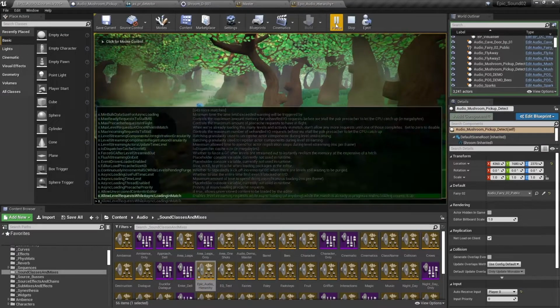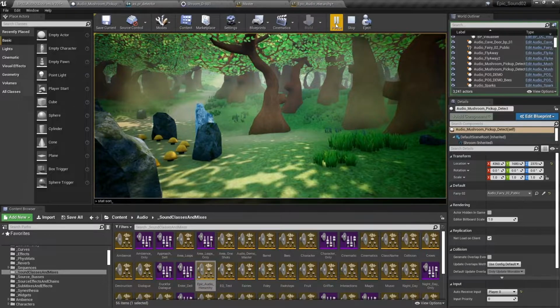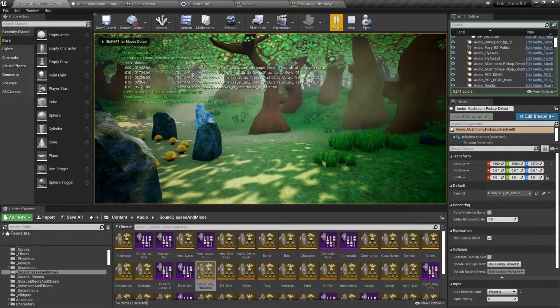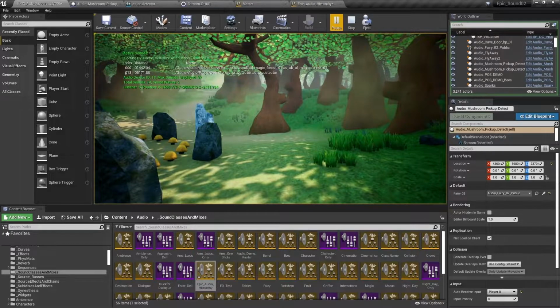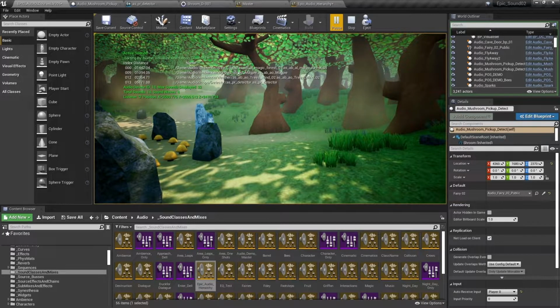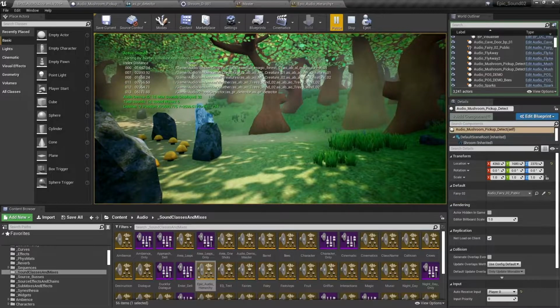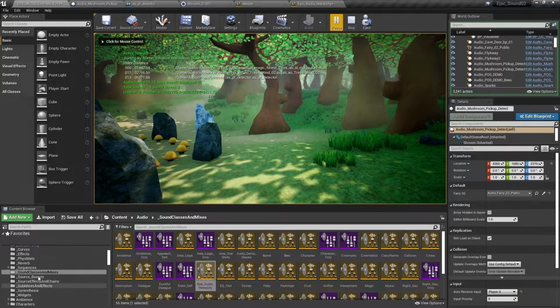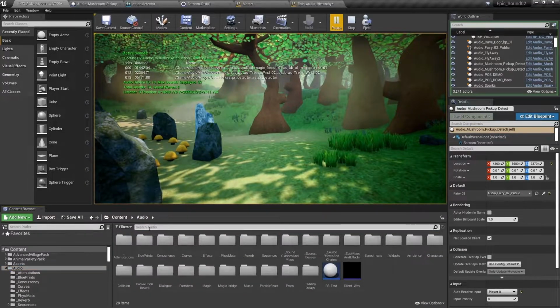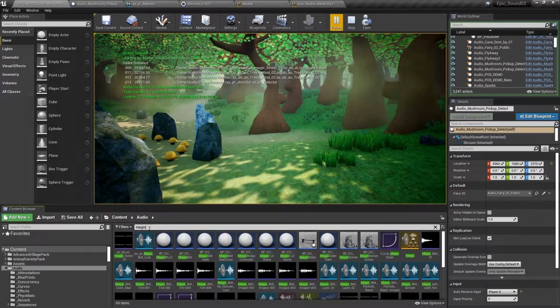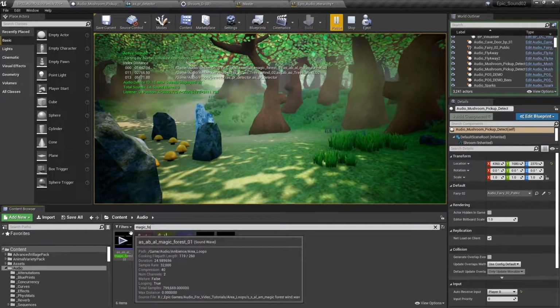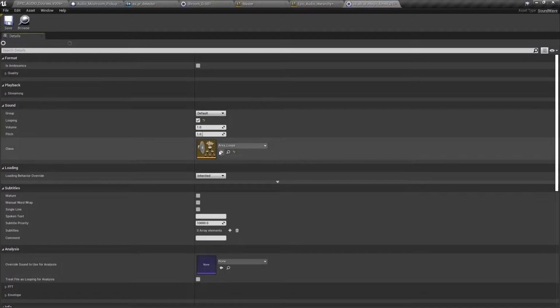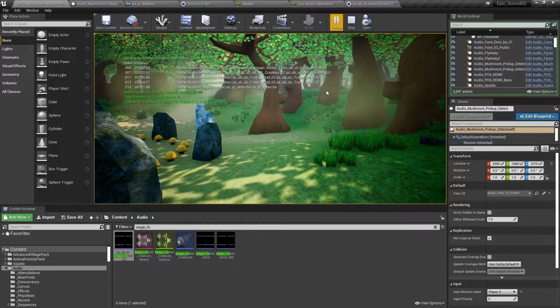We use the stat sounds console command. We can see that there's a loop, ASABAL underscore Magic Forest. And if we find that in the content browser, here, you can see that that sound has been set to the area loops sound class. And there's some other one-shots, like the trees, wind,